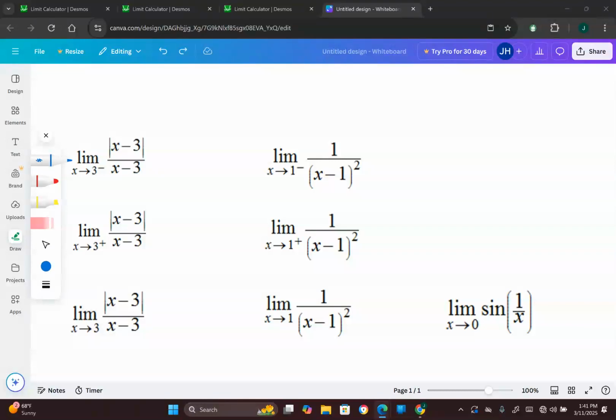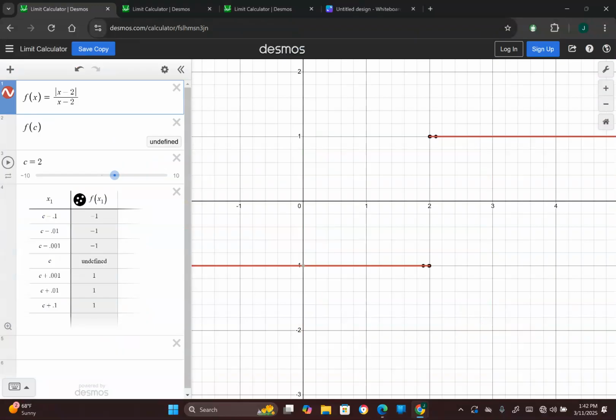We are going to talk about limits here again today. And what we're going to do today is talk about limits that do not exist. The first function we're going to talk about is the limit as x approaches 3 of the absolute value of x minus 3 over x minus 3. And if you take a look at the graph of this,